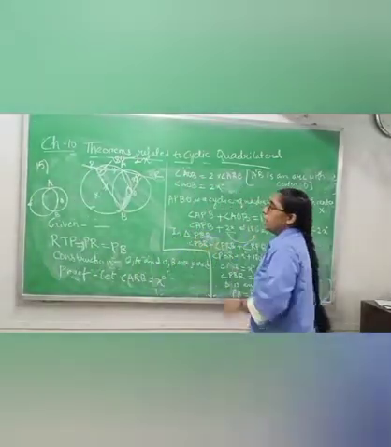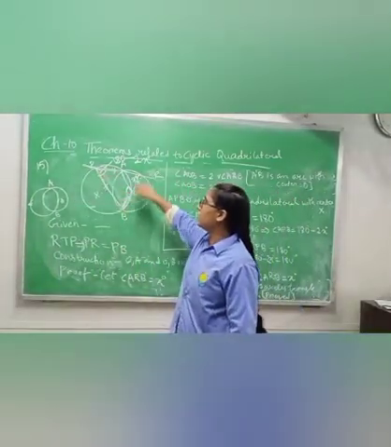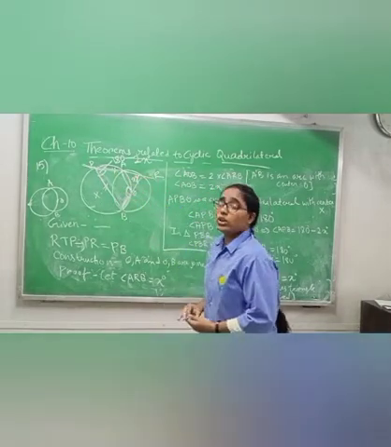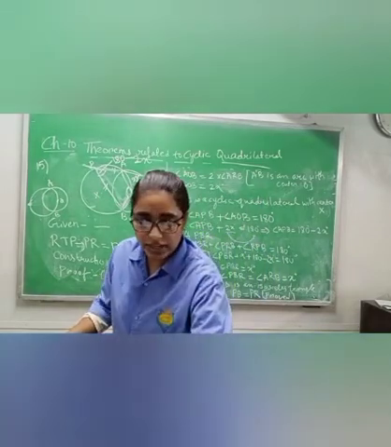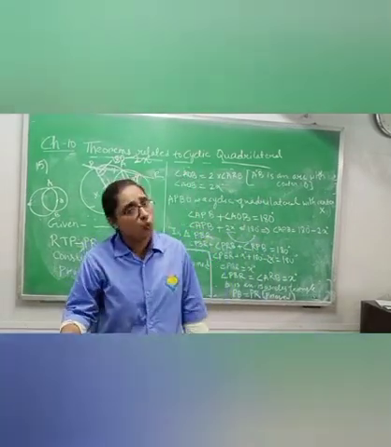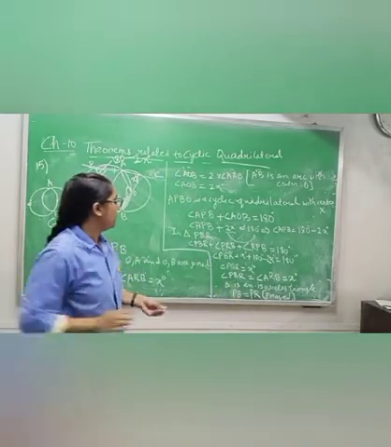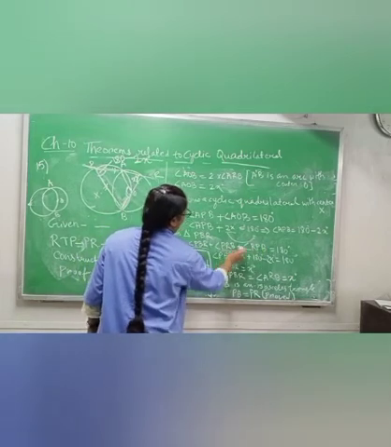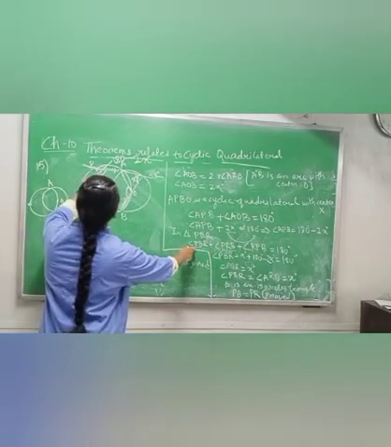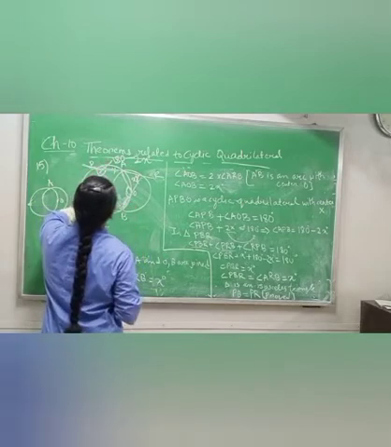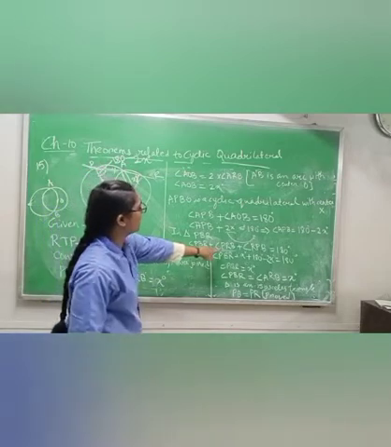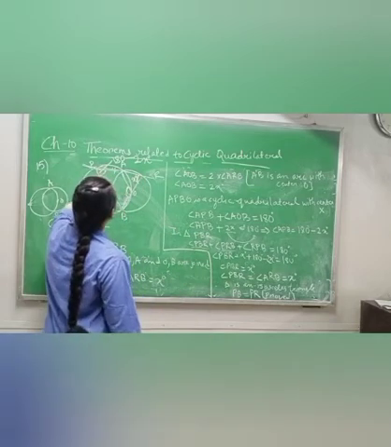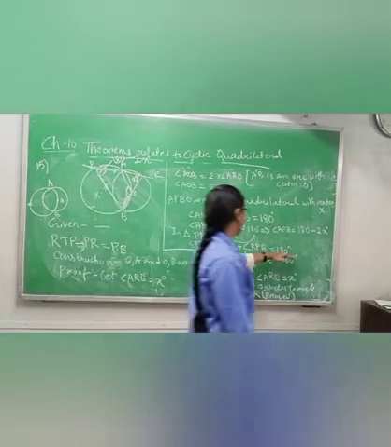Now in triangle PBR, which triangle? PBR, this triangle. Can you see this triangle? What we know related to any triangle is that the sum of three angles will give you 180 degrees. That is why I have written PBR plus PRB plus RPB: this angle plus this angle plus this angle will give you 180 degrees.